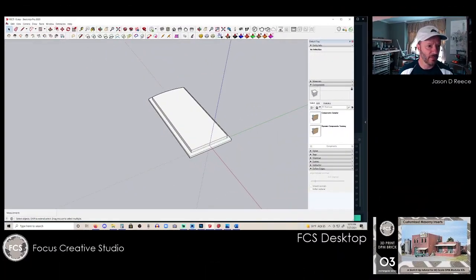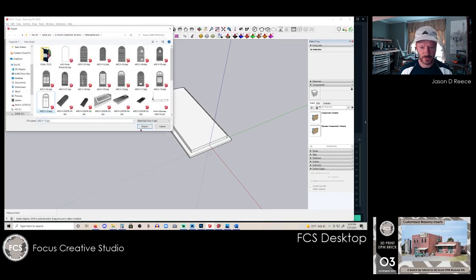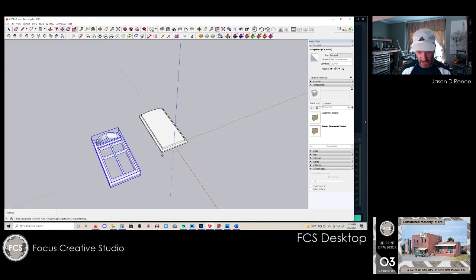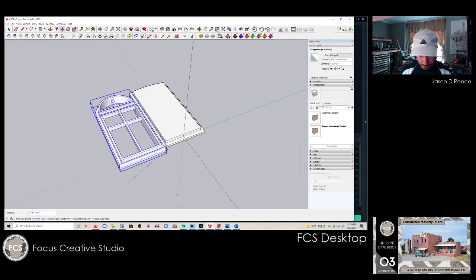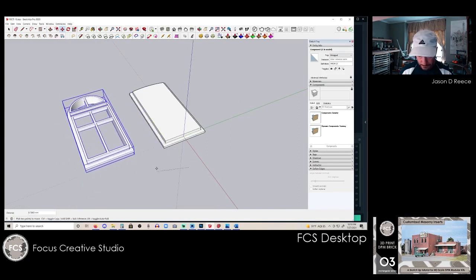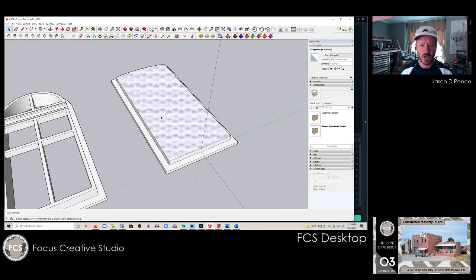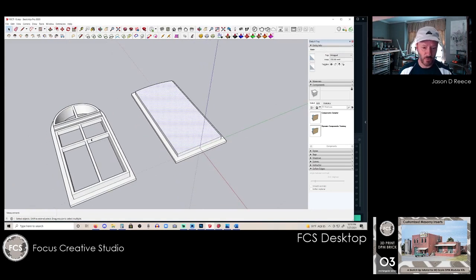All right, so as we set up the window, let me go ahead and import that previous window file. Nope, don't want to do that. Give me a sec, import, Arc 13. So we just want to use this as kind of a base so that I can go through dimensions and how things work that I've set up. I'm gonna rotate that 90. I'm just gonna line it up a little bit better. All right, so we have our blank template here, and then we have the window from the full arch top